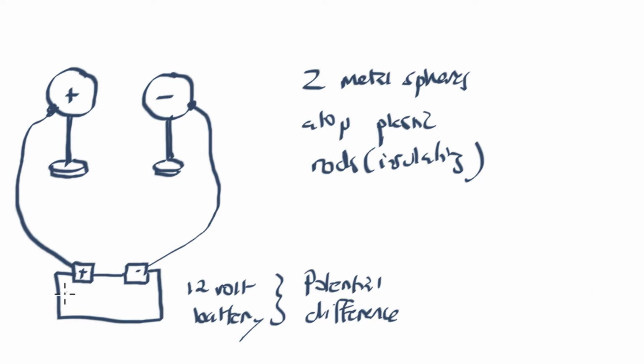So let's suppose that this is at plus 6 volts and this is at minus 6 volts. I'm just using an example, plus 6 and minus 6. So when this sphere right here gets to a voltage of plus 6 volts, then there's equilibrium on this left half of the circuit, and no more positive charge will flow onto the sphere. And likewise, when the right sphere gets to negative 6 volts, because there's enough negative electricity built up on it, then there will be equilibrium established on the right side of the circuit, and so there will be no more electrical charge flowing onto the sphere.